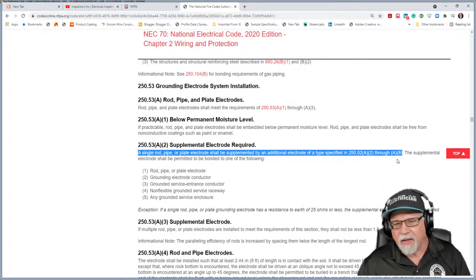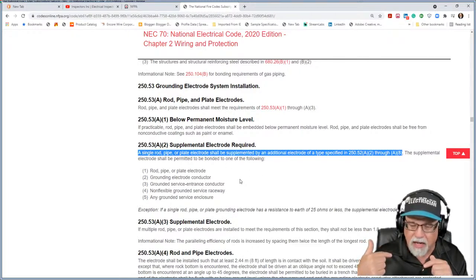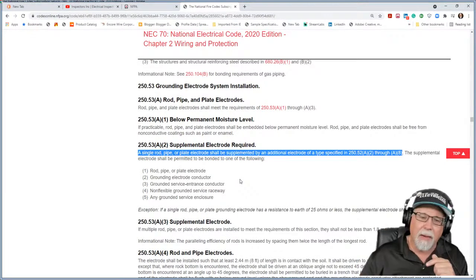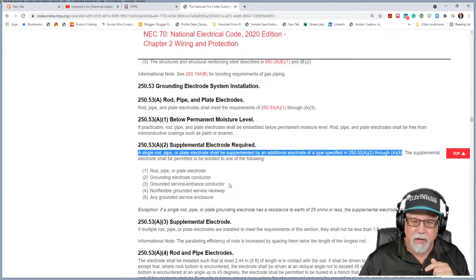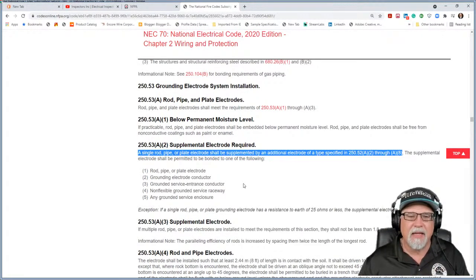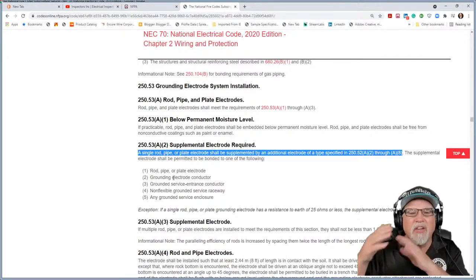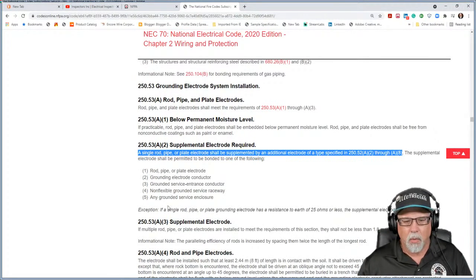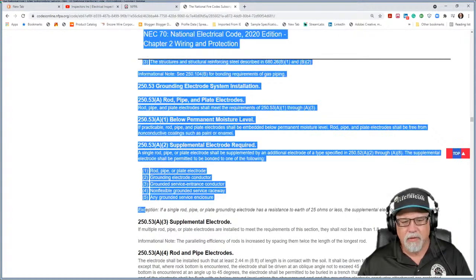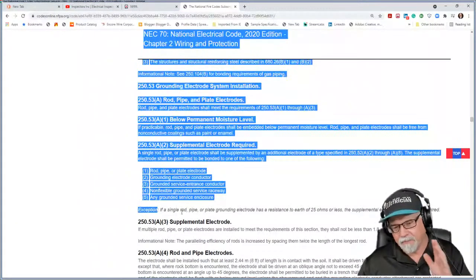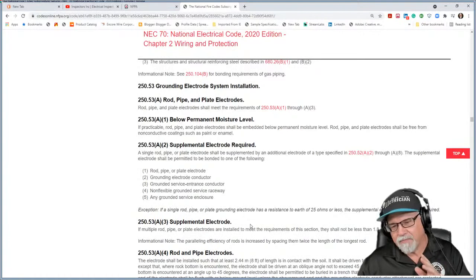And it says the supplemental electrode shall be permitted to be bonded to one of the following. So you go from that supplemental rod to options. You have options here. Now, this is basically telling me that if I have a single rod, I have to have another electrode. Well, this is saying, look, there is an exception. The exception says, hey, by the way, that single rod, pipe, or plate, if it has a